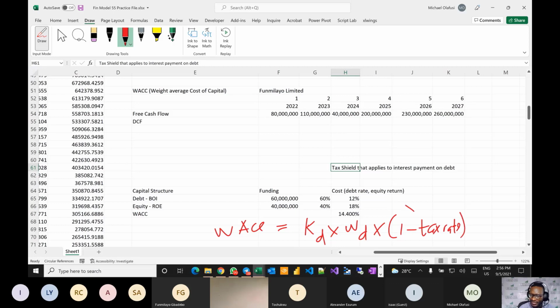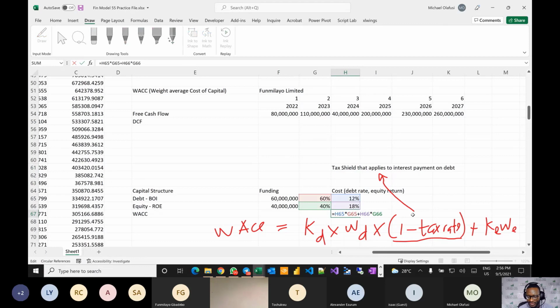So that's how we account for that tax shield. Then plus cost of equity times weight of equity. So you'll see that we have done pretty much everything except this one. So I need to go back to my formula and capture that part, and let it reflect that because you have some debt, you're going to get some advantage in terms of your cost of capital. We reduce it a bit because there is a tax shield.